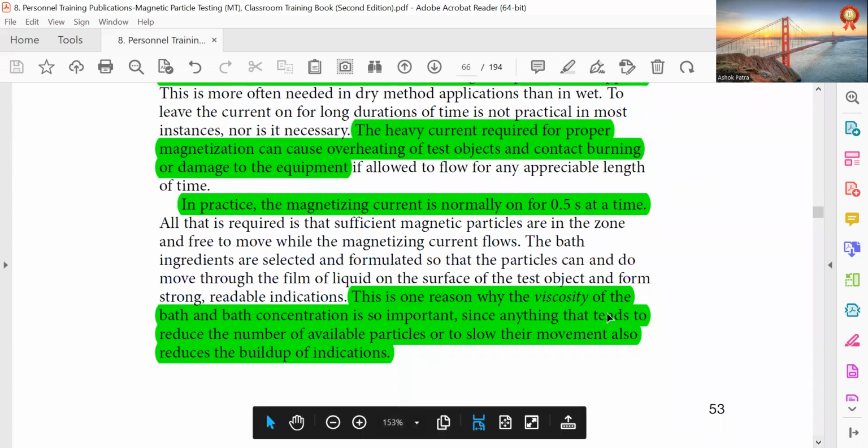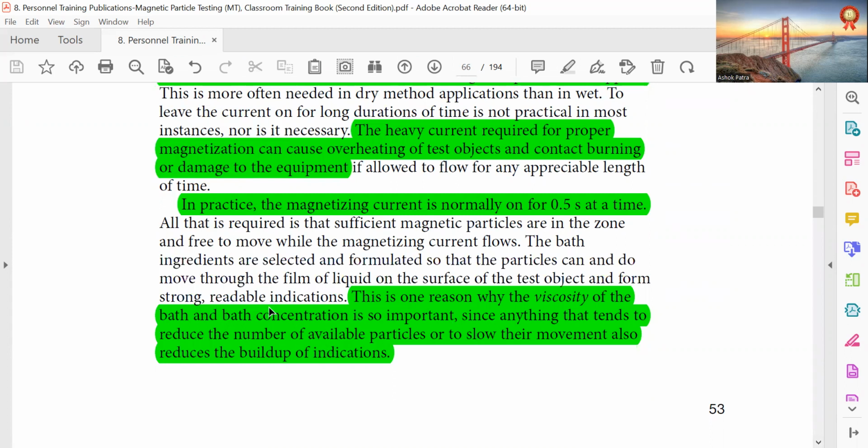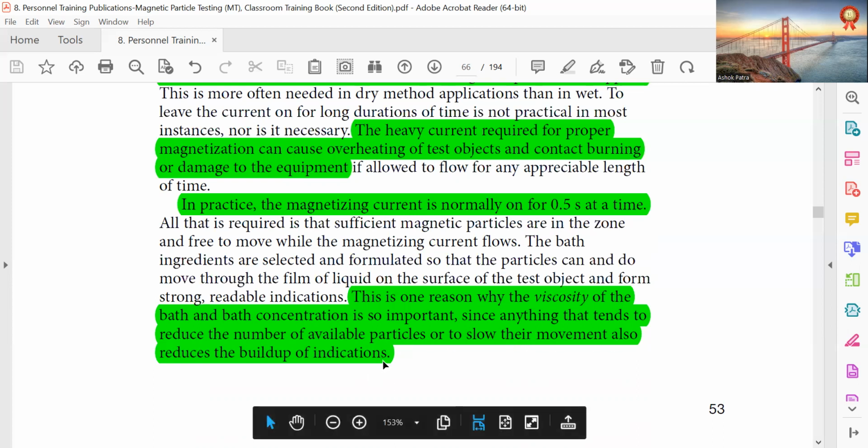So this is one reason why the viscosity of the bath and the bath concentration are so important. Bath concentration, they are calling this viscosity. Anyway, bath concentration is very important. You have to follow it as per the requirement. Anything that tends to reduce the number of available particles or slow their movement also reduces the buildup of